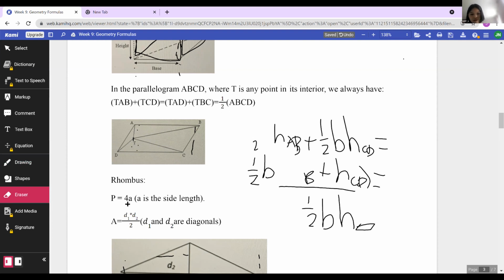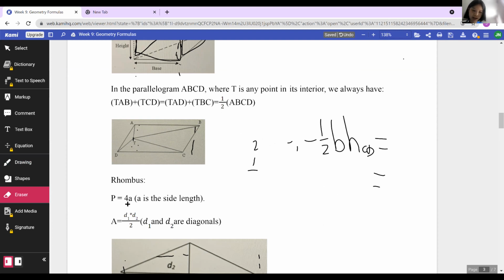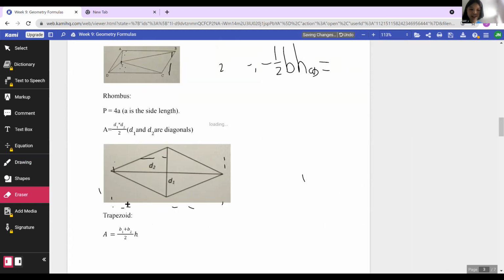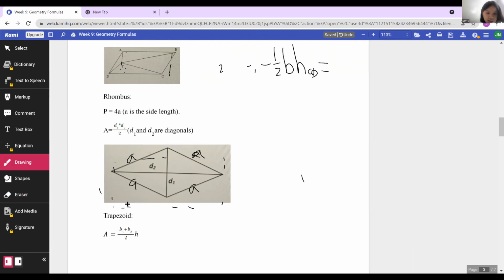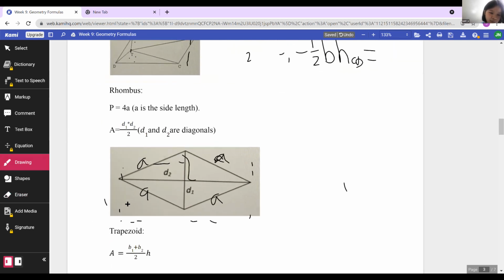And for a rhombus, which is a quadrilateral that has all side lengths equal, that's not necessarily a square since it can be compressed with different angles, the perimeter is 4a, where a is the side length. And the area is the product of the diagonals d1 and d2 over 2. This makes sense because